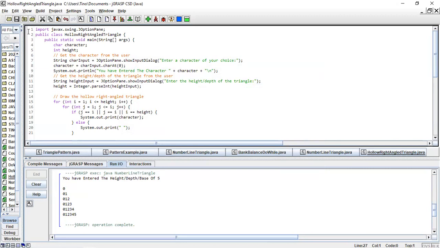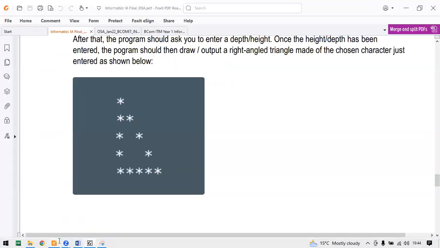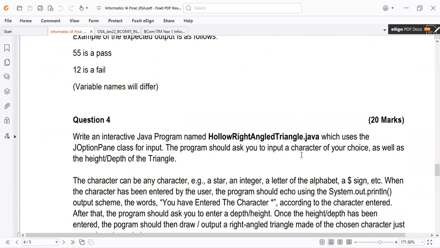Line number one, this is obvious. Line number two, we declare what? Our class, our main method we have. Then variables. Remember, we need to use the variable, a character. Here they've specified to use a what? A character, right?